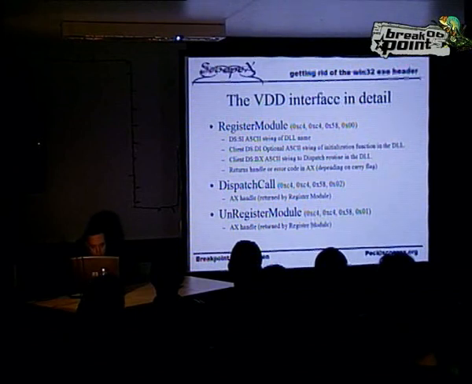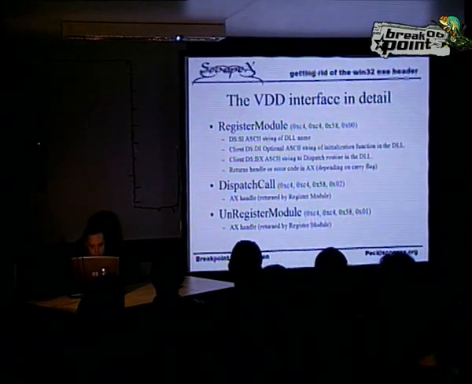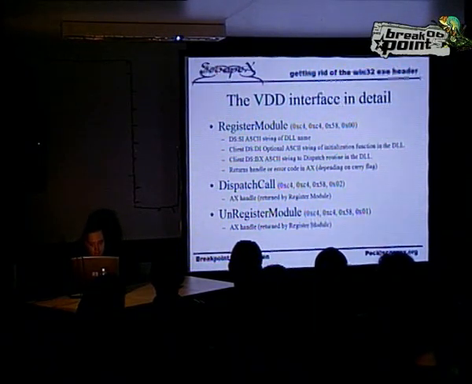You have to provide the name of the DLL. You have to provide the name of the initialization function optionally, and you have to provide a name of the dispatch routine. It returns the handle if it was successful, or an error code if it was not successful,